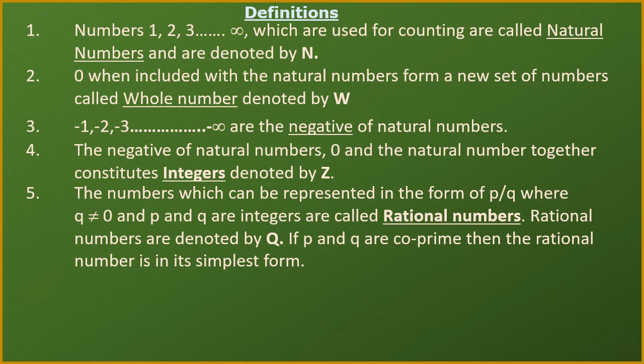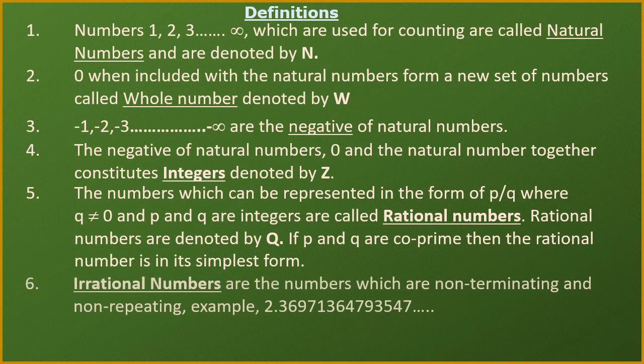Rational number definition we have already covered. Rational numbers are those numbers which are in the form of p by q, and the value of the denominator q should not be equal to 0. So any number in the form of a fraction, for example 4 upon 5 or 6 upon 5 or 9 upon 10. Any number which is in the form of a fraction where the denominator is not 0, and both numbers can be either positive or negative, and the numerator can become 0, will be called a rational number.